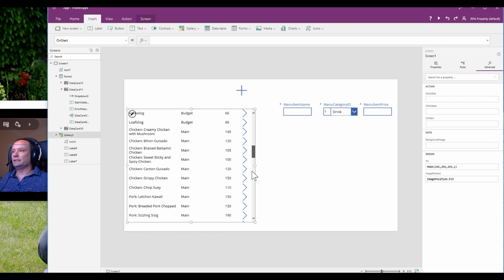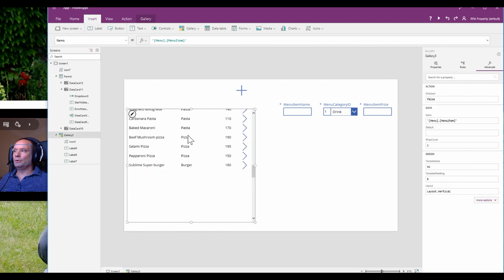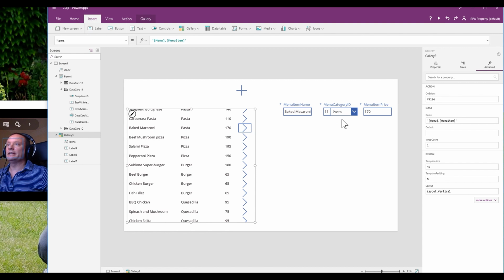and it's good to look at collections because you will also notice on here that things are quite slow at the moment. When we're clicking on things, it takes a while for the system to go and get the data from the category table and populate this drop down. So we're going to kill 2 birds with 1 stone. We're going to try and speed things up a little bit by using a collection, and we're going to use a collection to give us an additional option in our drop down, which is just going to say please select, which is going to trigger people hopefully to choose the right item. Okay,